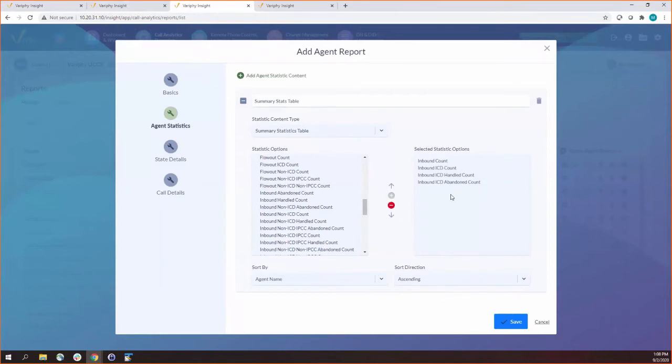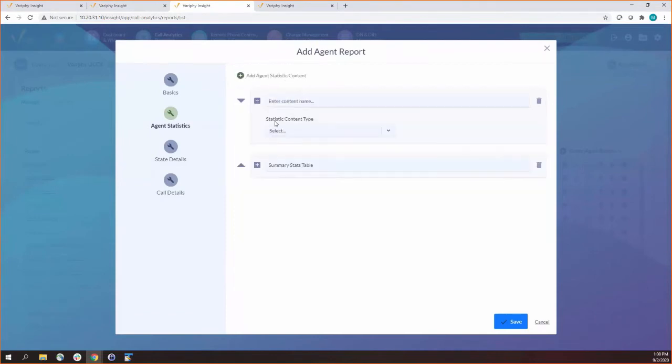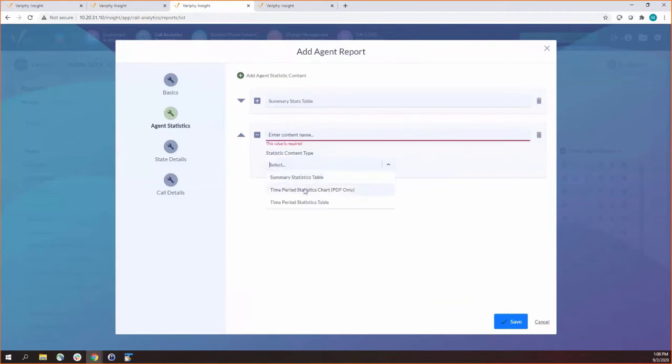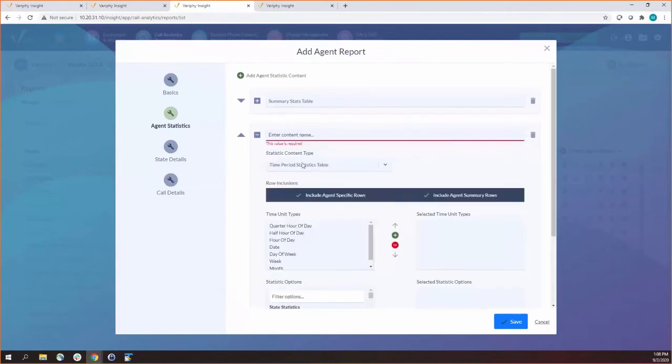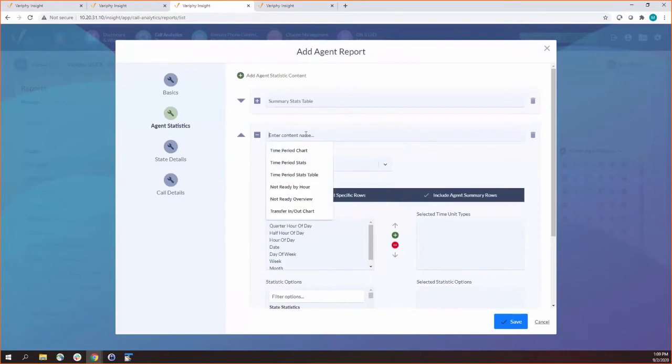So we'll start with this, and then we'll minimize that, and we'll add a new content. You see when you add new content, it's at the top. If you want to change the order in which the content is displayed in the report, just click the up or down arrows on the left-hand side to move them around. We'll come down here and pick a statistics table,